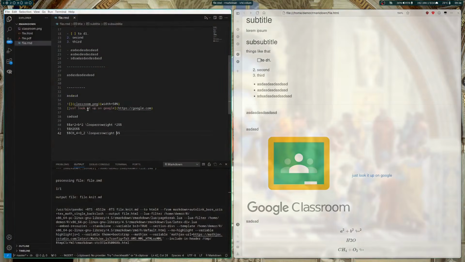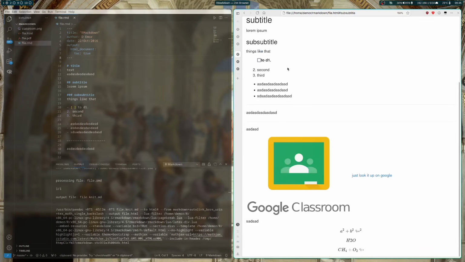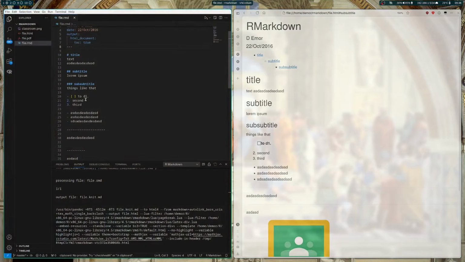Yeah, I said that you can have links to local things, to sites, to images, to all of these things. Well, you can even have links of your sections, and therefore a table of contents. And yes, you have the table of contents right over here. Just to go to subtitle, and it's just a mess. Why am I so not organized? Yeah, of course you can even write things already ticked, like this one, already done, and it will actually work